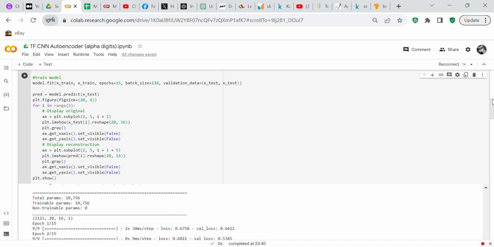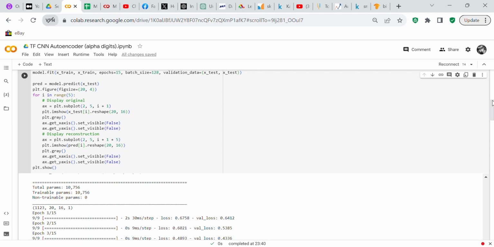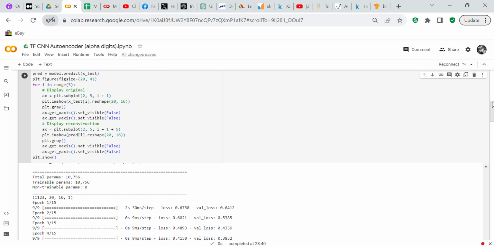If you'll notice the difference between an autoencoder and a regular model that you make predictions on: with the autoencoder it says X_train, and with the regular model it's going to be X_train, y_train, and X_test, y_test. So now we're going to predict on the model: pred equals model.predict(X_test), and then